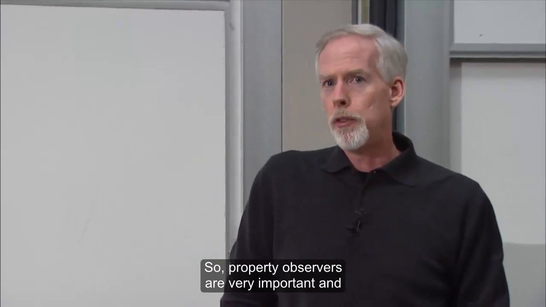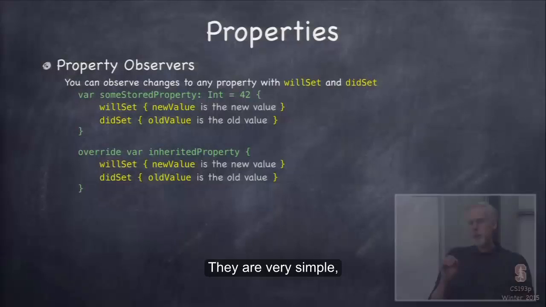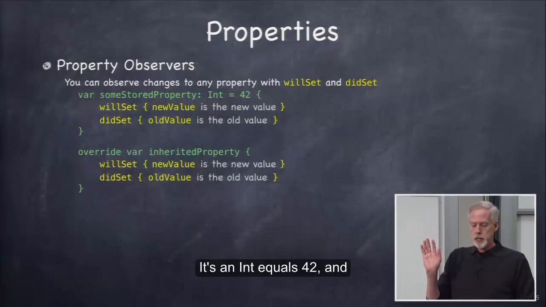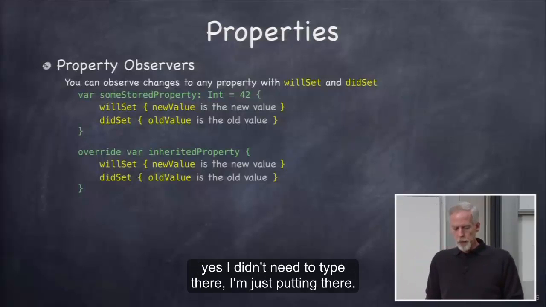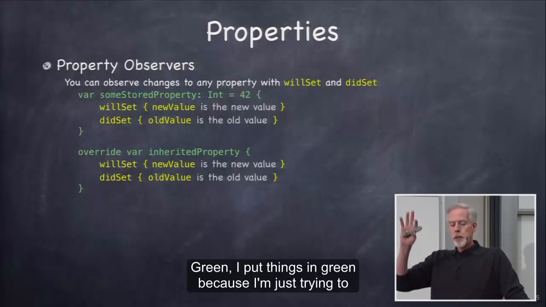So property observers are very important, and we're going to use them a lot. They are very simple. You have a property, like here I have some stored property. It's an int equals 42. And yes, I didn't need the type there. I'm just putting it there. Okay, and throughout all my slides, by the way, green, I put things in green because